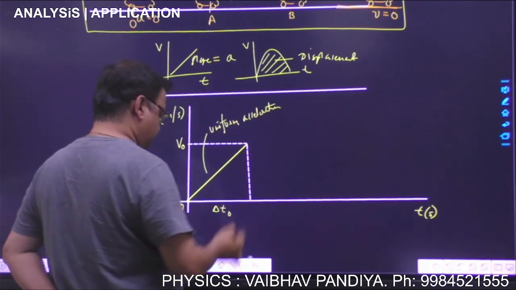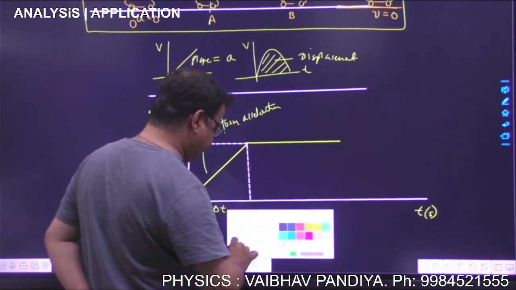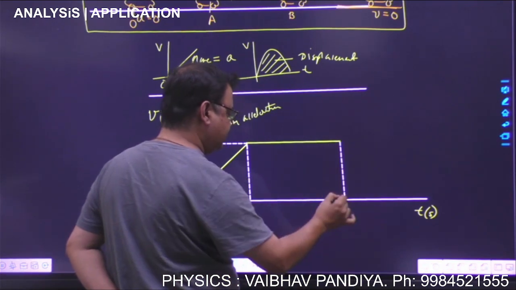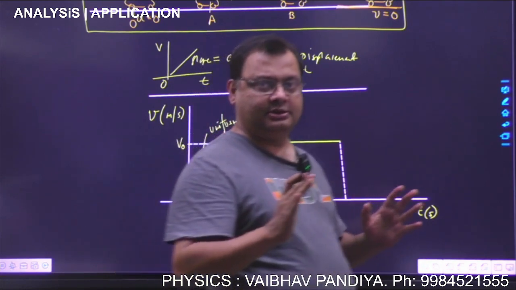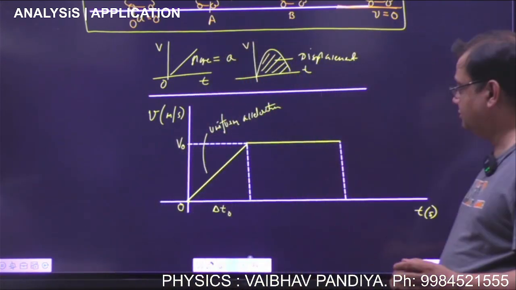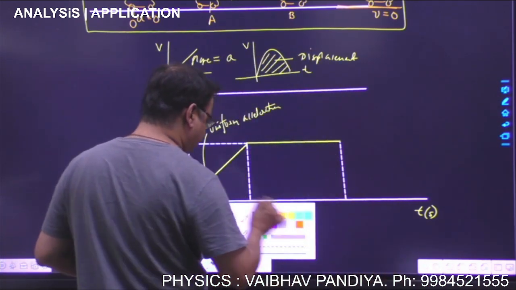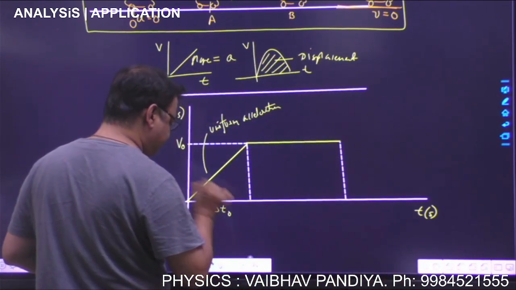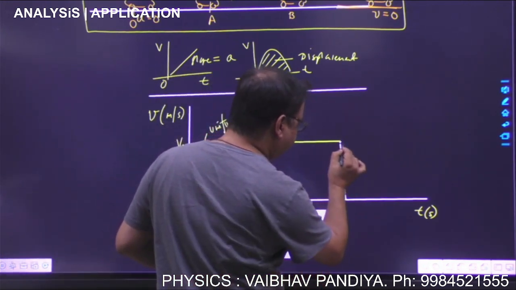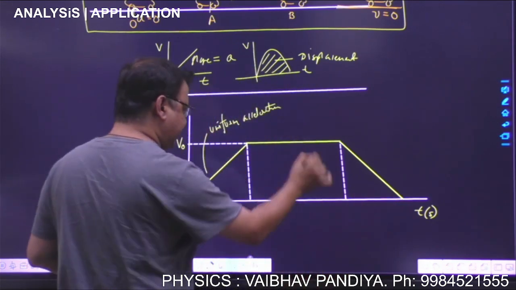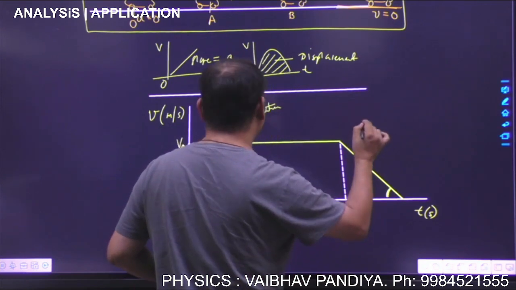After which the car is traveling at a constant velocity. So this graph would be a horizontal line suggesting there is no change in the velocity. Correct? And then the car is finally coming to rest, having retardation of same magnitude. Now when it is having a retardation of same magnitude, can we say the magnitude of slope of the graph will be same? Because slope gives you the magnitude of the acceleration. So here it will come down and this rise is same. So run is same as we have seen in the fundamental lectures. Since the inclination is same, this is the graph of